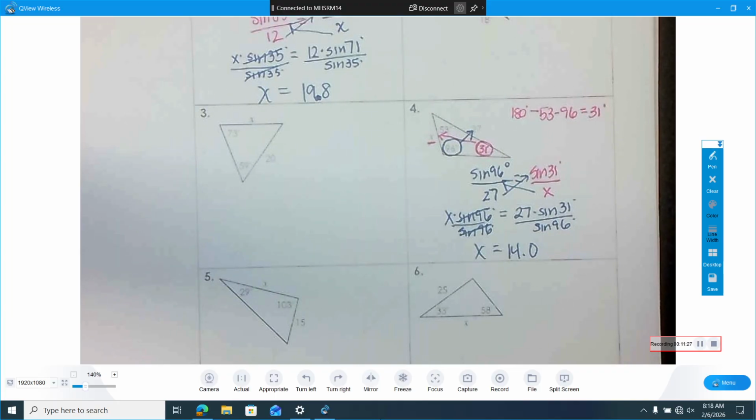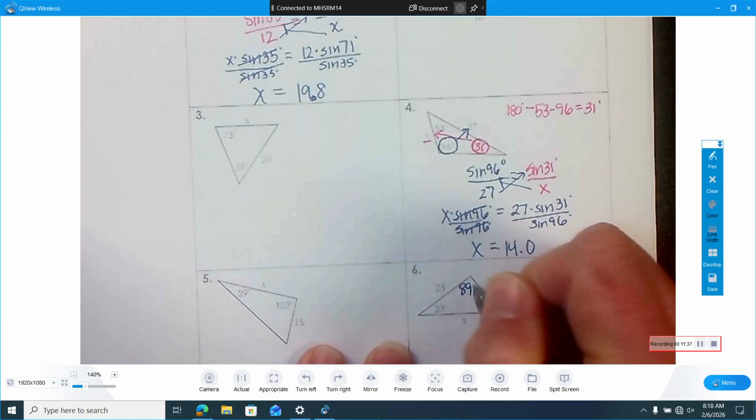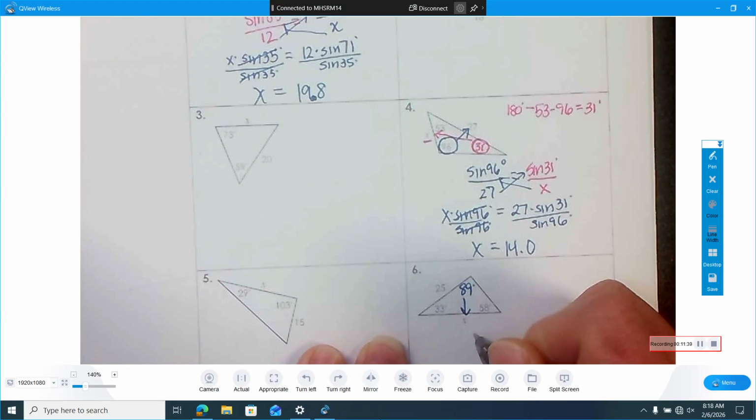All right, hopefully you're almost done. But once you figure out your missing angle, which happened to be 89 degrees, then you can set up your